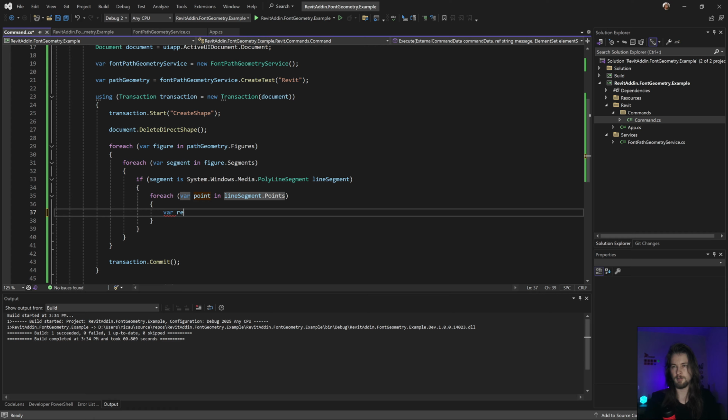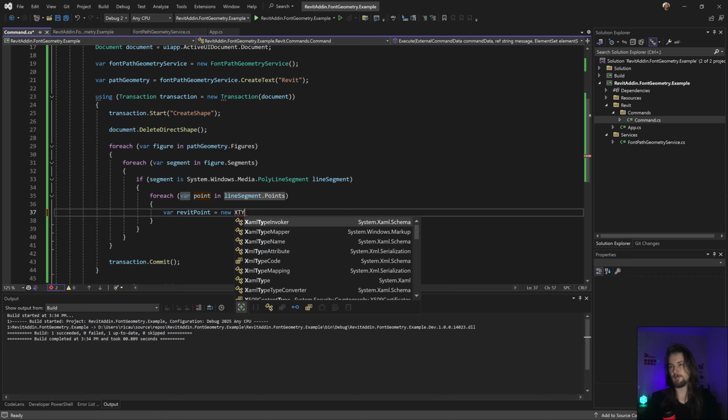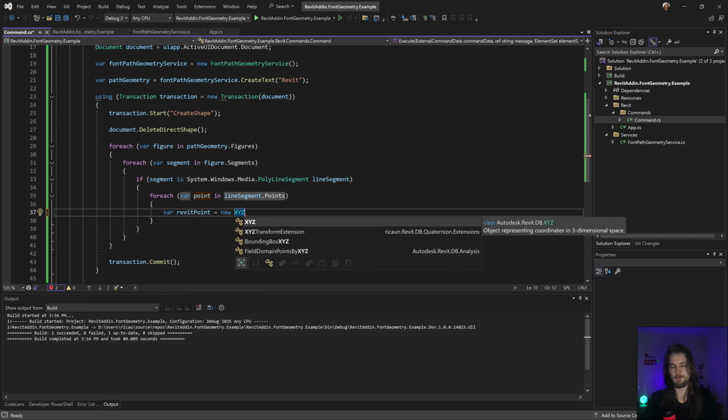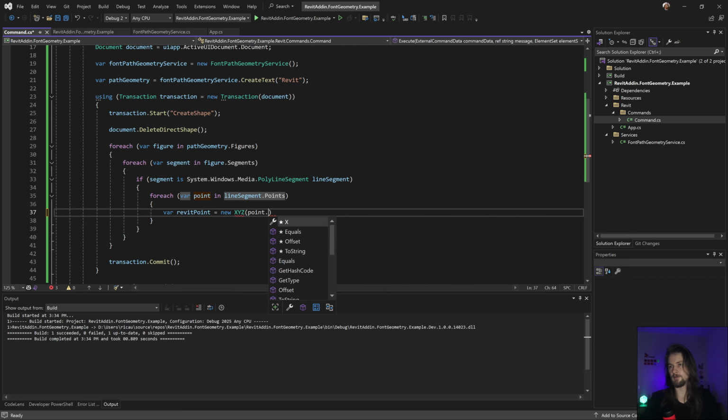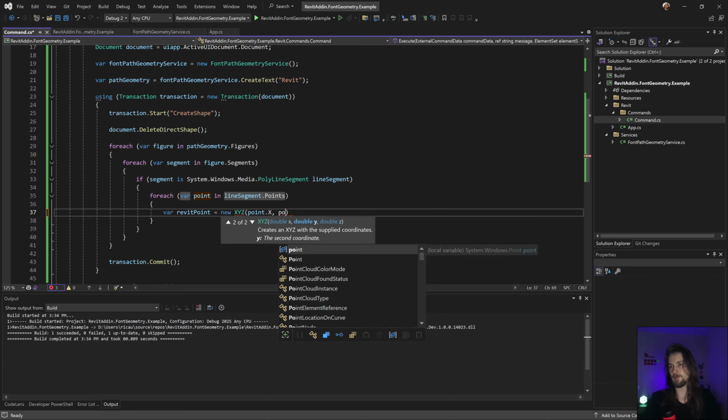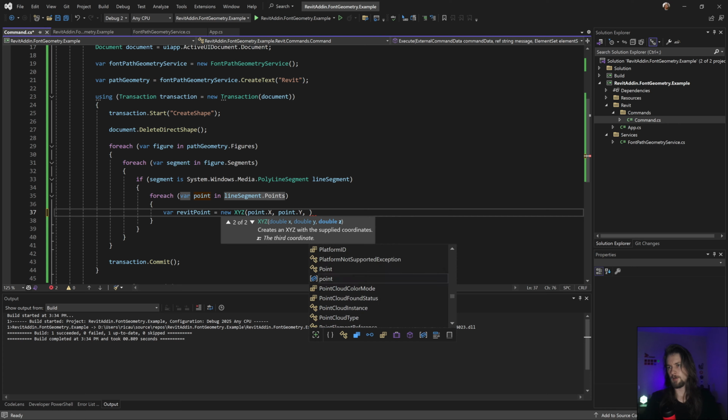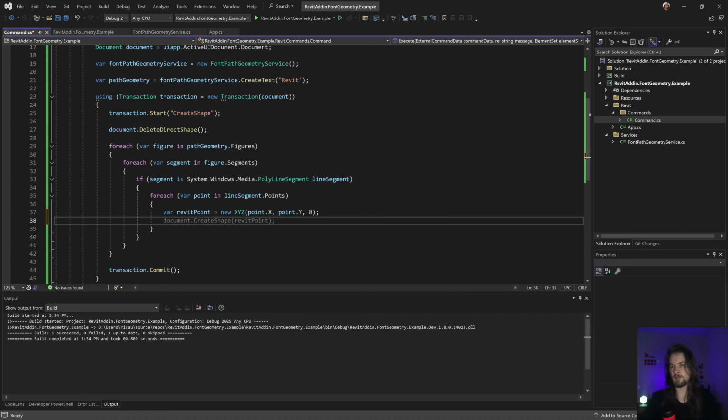So var Revit point equal new XYZ, and let's go point dot x, point dot y, and 0, yeah, something like that. And almost this one, let's convert this XYZ to a point actually. Great, direction, yeah, something like this should work.